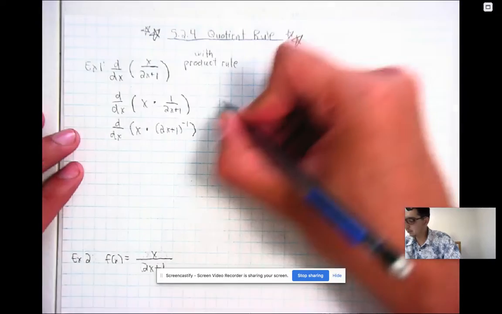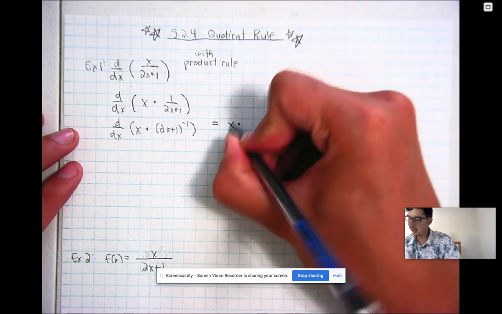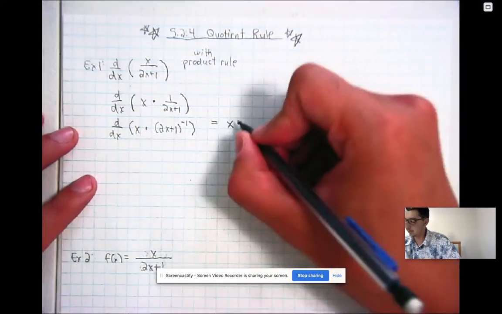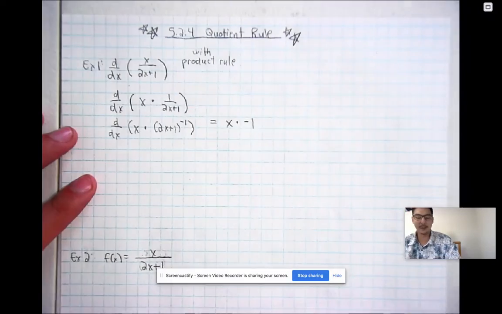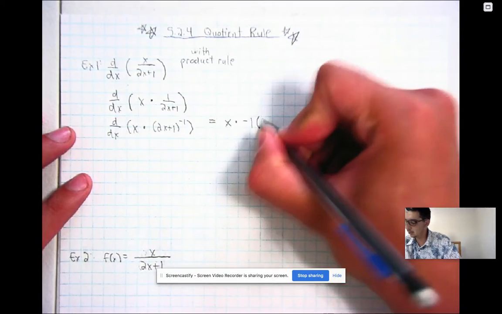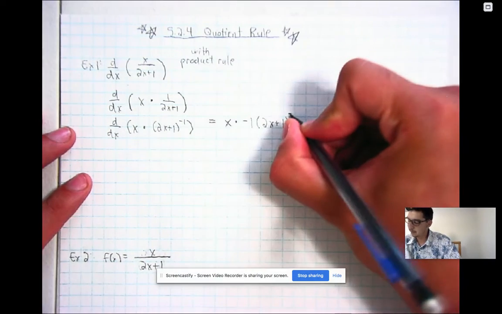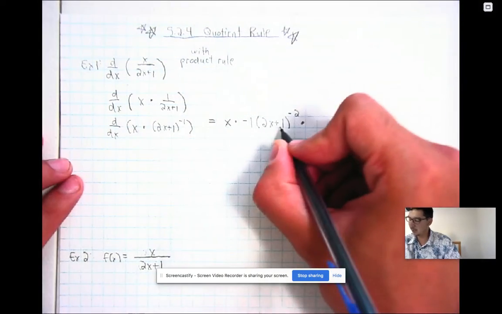It's going to equal the first times the derivative of the second. So the derivative of (2x plus 1) to the negative 1 will be negative 1. Oh, we got to use the chain rule too. My gosh, what a problem. The derivative of the outside leaving the inside alone, so leaving the 2x plus 1, and then we minus 1, which would make minus 2, times the derivative of the inside, and the derivative of 2x plus 1 would be